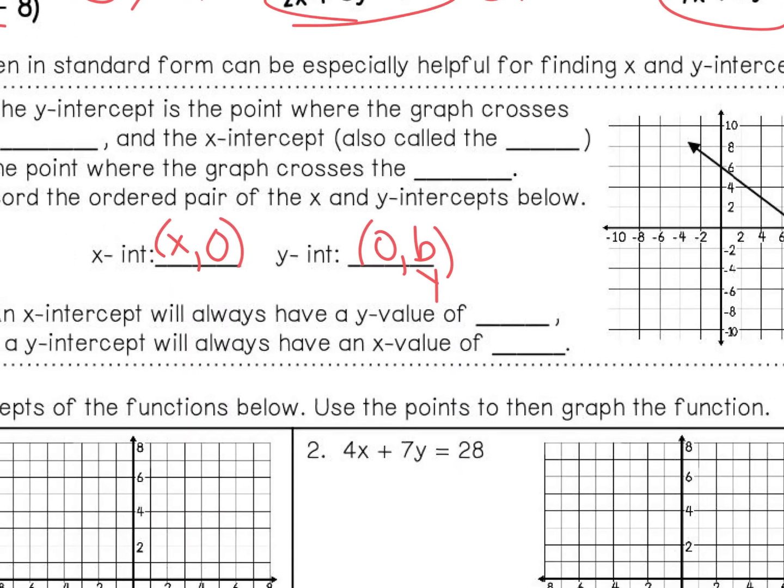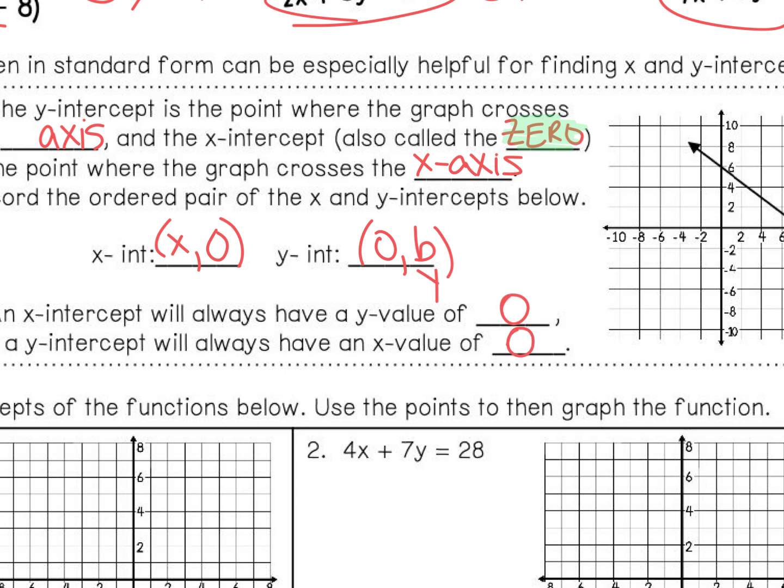The intercept is the point where the graph crosses the axis, depending on the x or the y. The x-intercept, okay, this is a big vocabulary word, is also called a 0. Super, super important there. The x-intercept is also called a 0. It has some other names, but right now we're going to stick with 0 and we'll add some later. And it's the point where we cross the x-axis. Okay? The x-intercept will always have a y value of 0, and the y-intercept will always have an x value